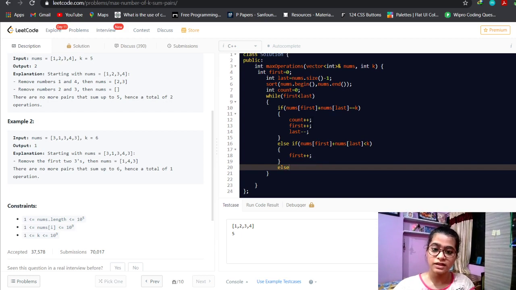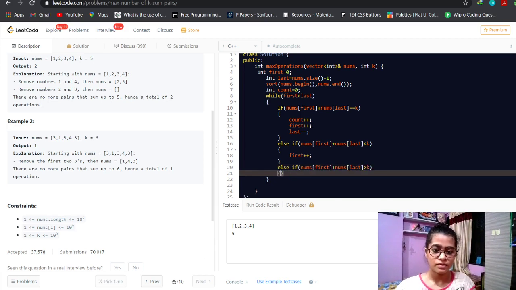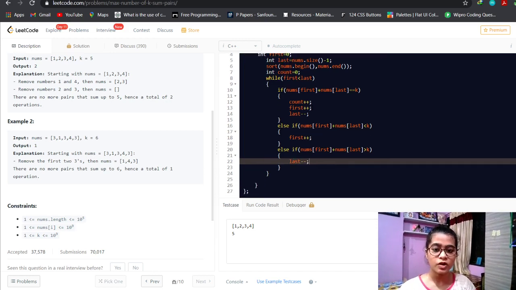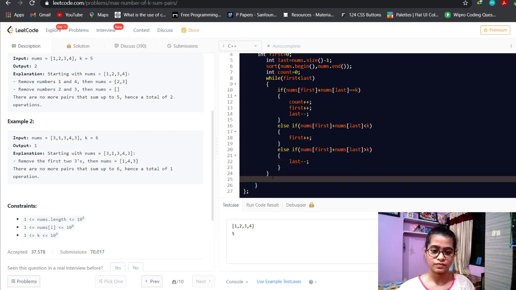And else if the other condition, nums of first plus nums of last is greater than k, then we will decrement the last pointer. And then simply we will return the count.